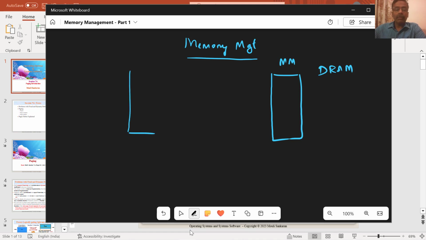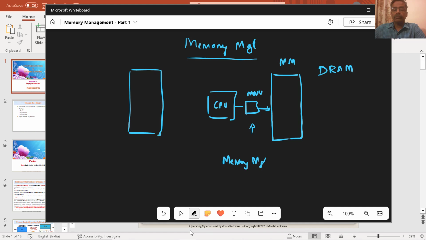Now we have our operating system which needs to run on this, okay, and our CPU which is running the operating system, and it accesses the main memory through one hardware unit called memory management unit. Now, what is the job of memory management unit? It translates whatever addresses are generated by the CPU by running a program into addresses which access the physical